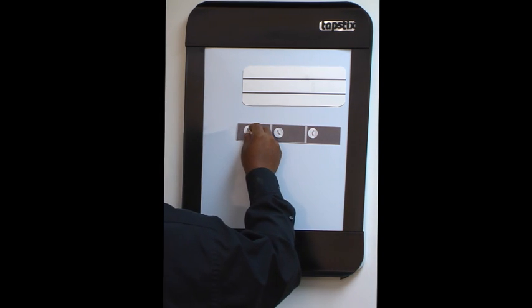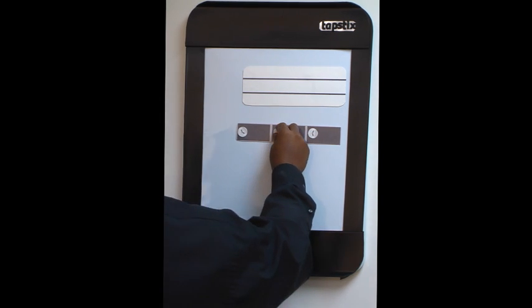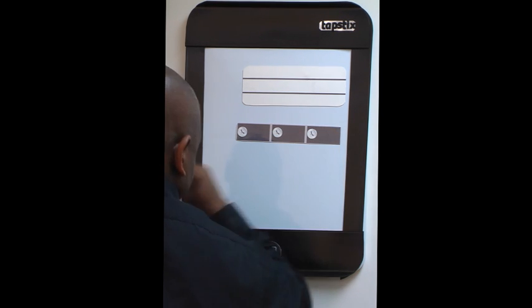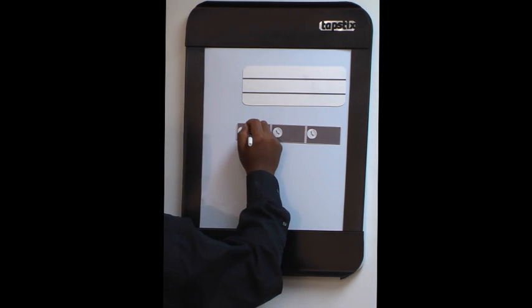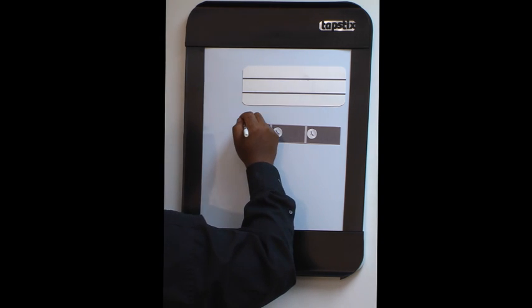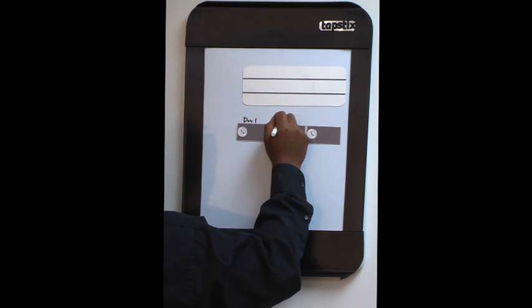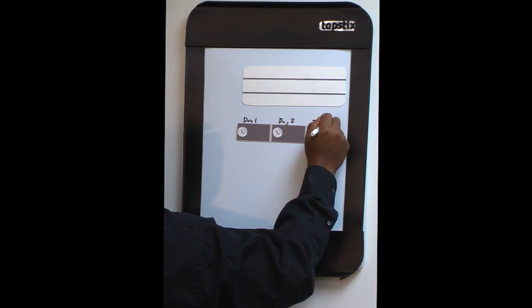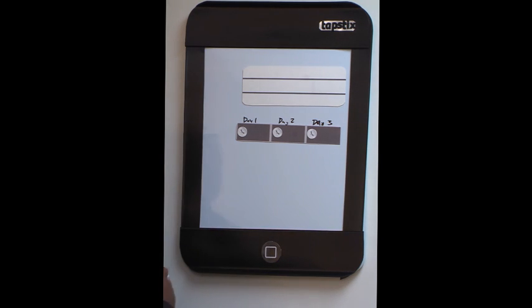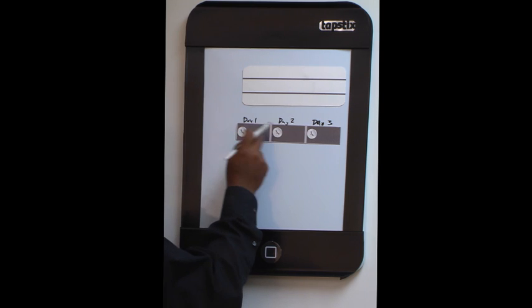And let's put this in the corner here. Okay? And let's say we have day 1, day 2, day 3. And let's say when you click this clock